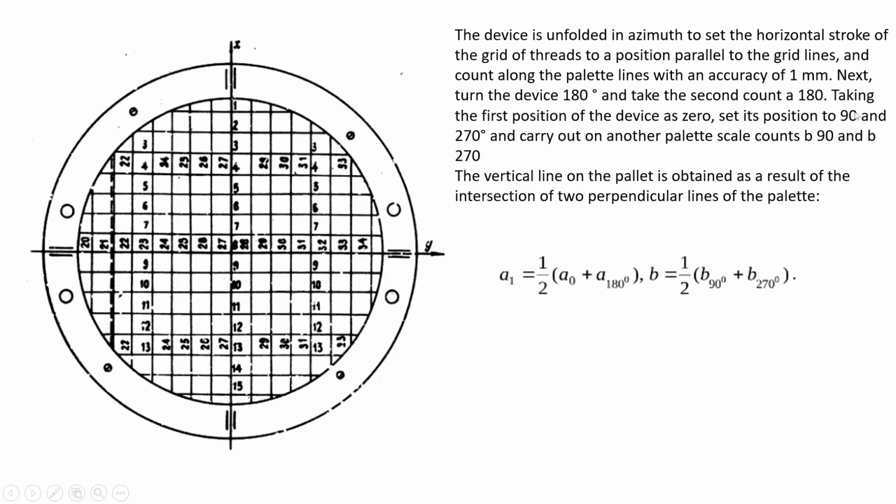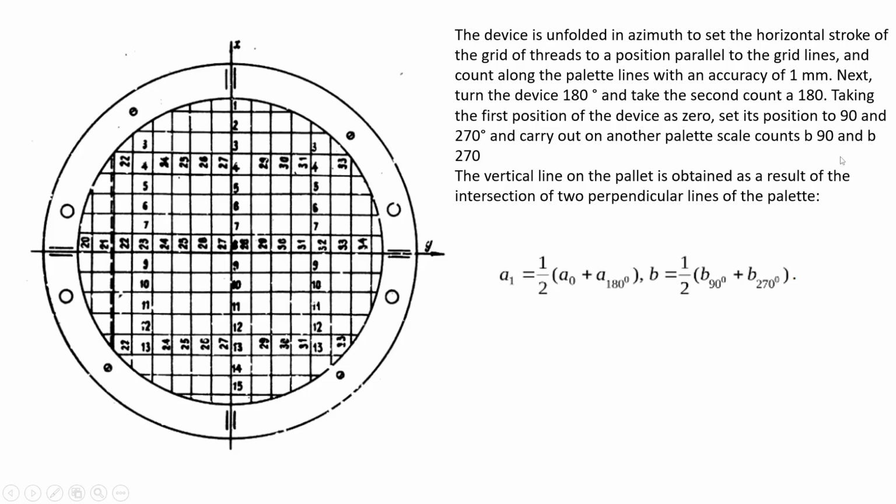Taking the first position of the device as 0, set its position to 90 and to 270 and carry out on another palette scale counts